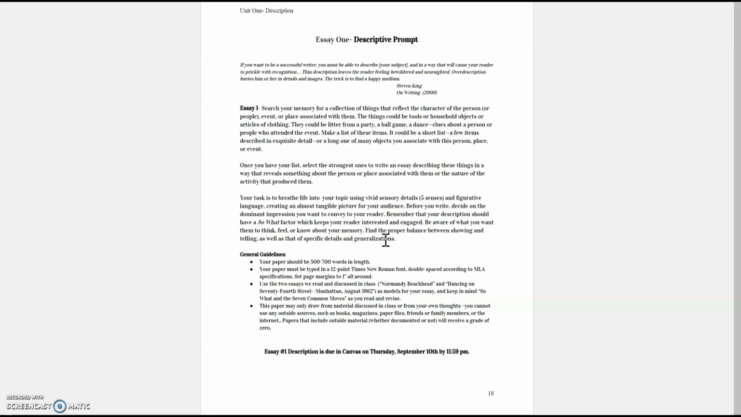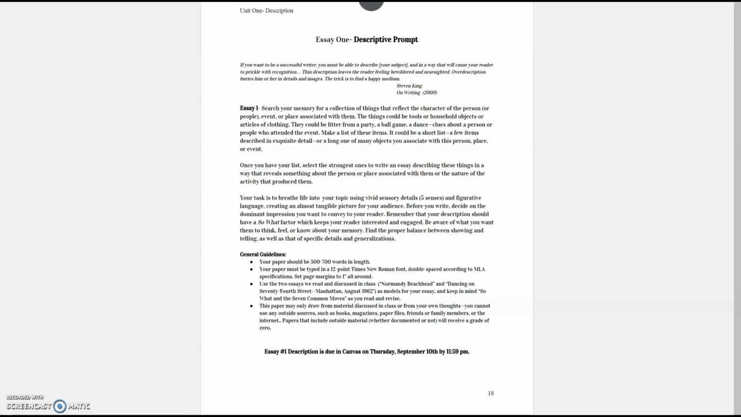And for you to take that event and describe it to your reader through a collection of objects that you associate with that person, place, or event. I told everybody to think maybe three significant objects as a good baseline, that just in your mind represent that person, place, or event to you. And you're going to talk about that person through the lens of those three